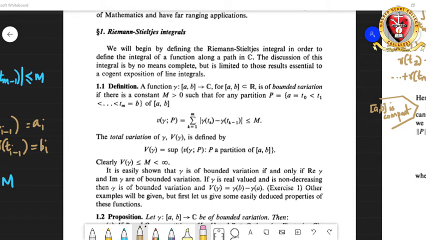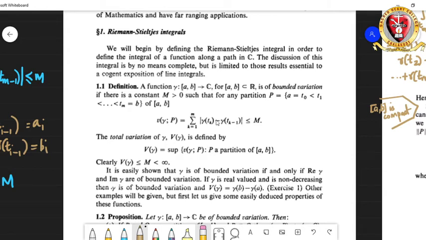In this video lecture, we are going to move forward through the Riemann-Stieltjes integral, and we are going to prove proposition 1.3. In the earlier lecture, we had seen how we can define bounded variation and total variation. We say that a function gamma from the closed interval [a, b] to the complex plane is of bounded variation if it satisfies the inequality sitting here,